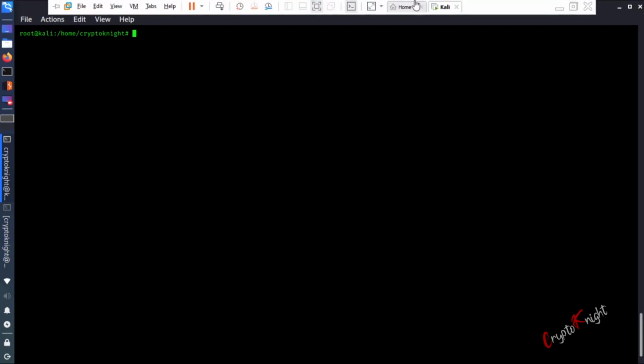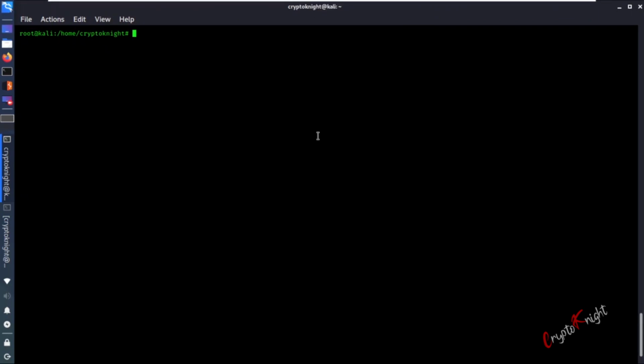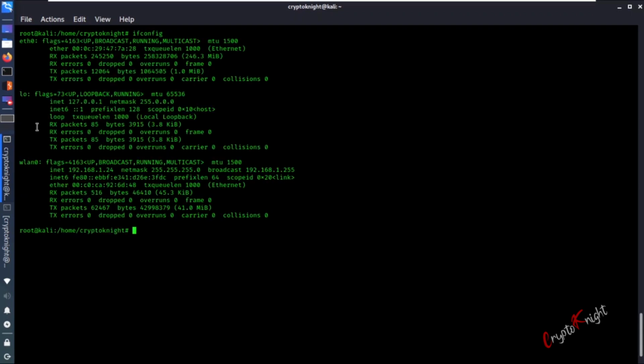Like I said, my Kali is in bridge mode and I am using an external network adapter. I have the Alpha network adapter, and I can show you by ifconfig that I have wlan0. If you don't have it, you can use the command ifconfig wlan0 up and it will be shown here. Another important thing to know is that here we have to click and select the particular Wi-Fi that our host system is connected to. So basically Kali becomes a separate machine and it is connected to a Wi-Fi, the same Wi-Fi our host machine is connected to.